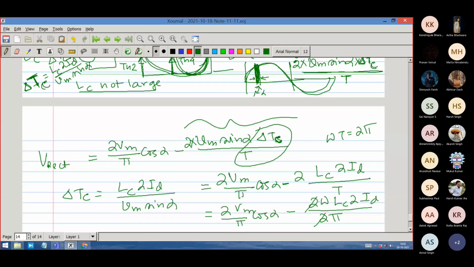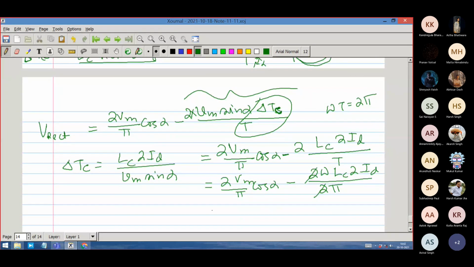So it is equal to 2Vm by pi cos alpha minus 2ID omega LC by pi. So this is the voltage drop happening in the rectified voltage, right? We will do this expression for the case of a 3-phase rectifier. So in the next class we'll start the 3-phase rectifier,